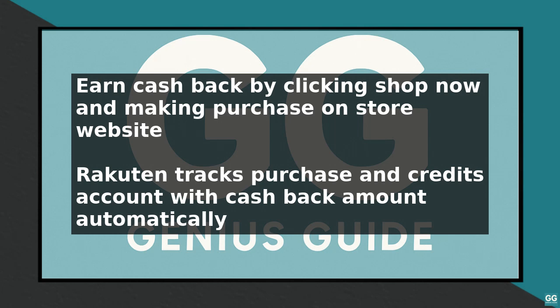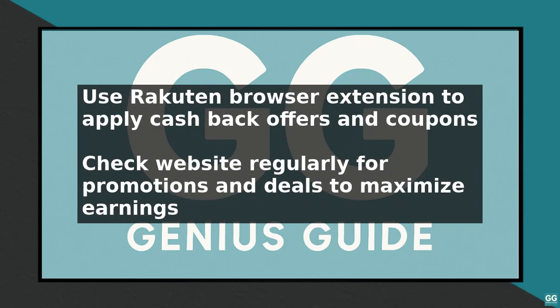the My Account section. Here you can view your cashback balance, as well as any pending or available cashback amounts. You can also use this section to update your account information and payment preferences. Finally, to receive your cashback payments, make sure to have a valid payment method on file, such as a PayPal